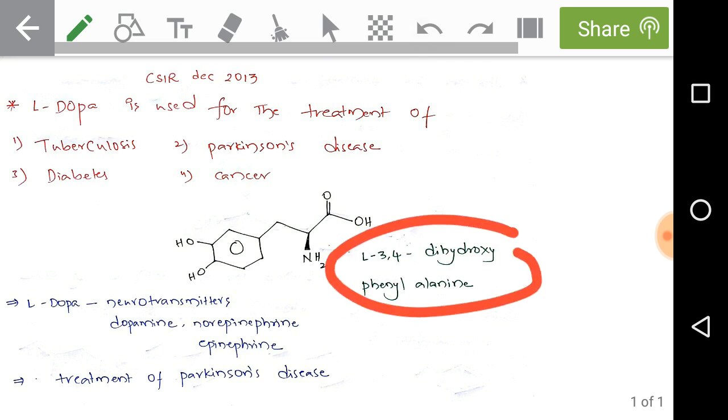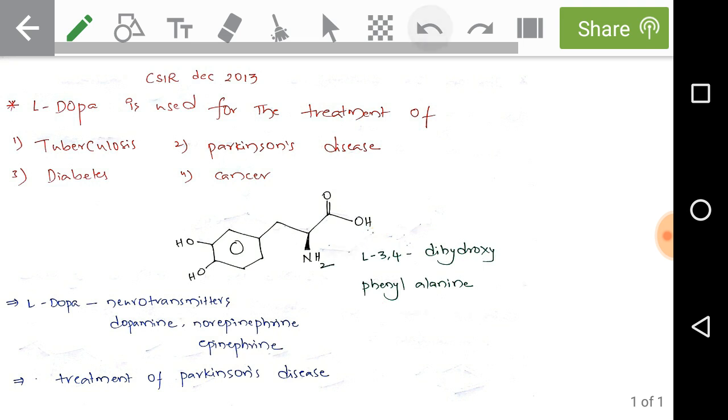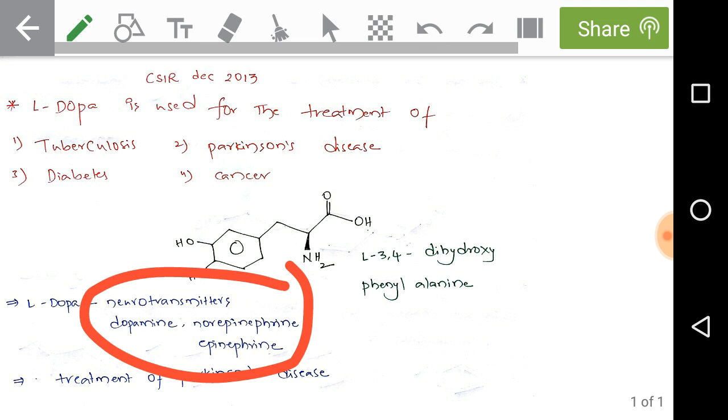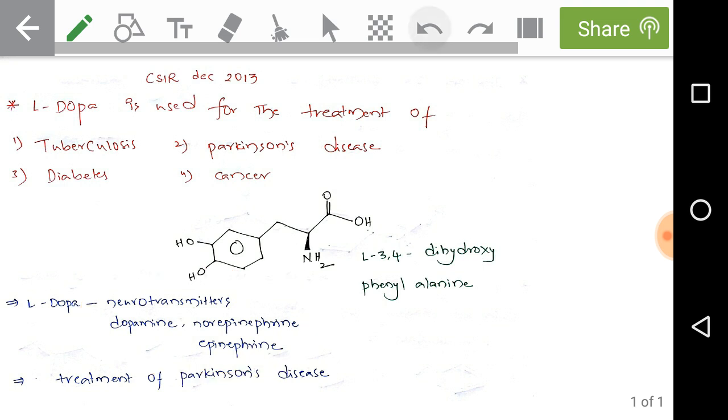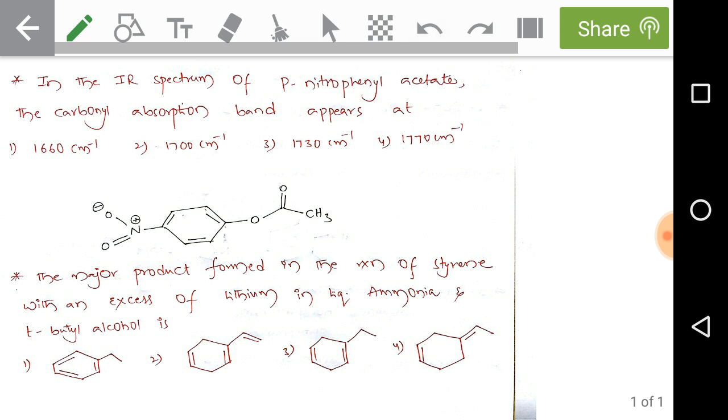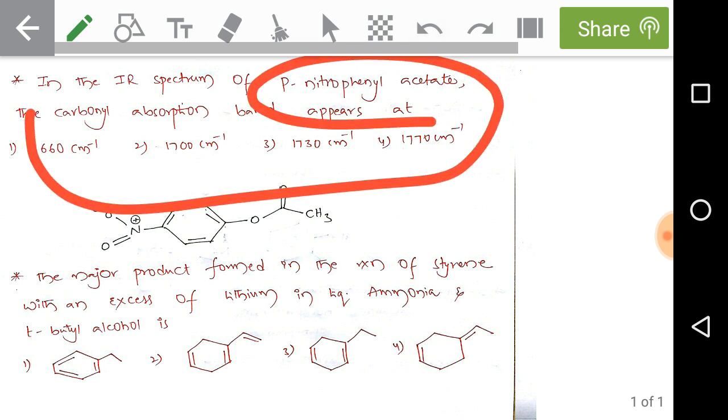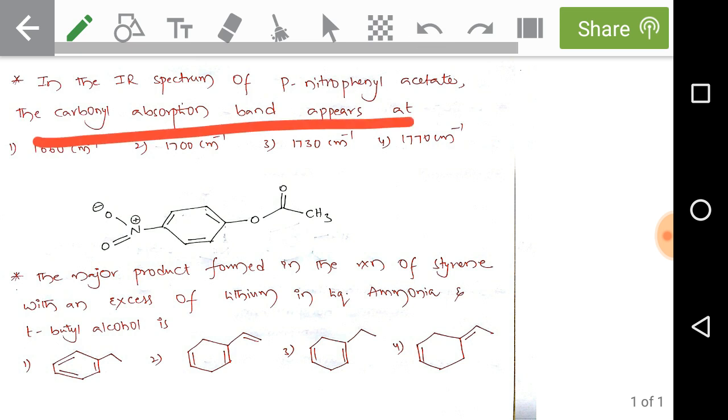the official name or IUPAC name is L-3,4-dihydroxyphenylalanine. Okay, L-dopa is used as a precursor in neurotransmitters like dopamine and norepinephrine, which is called noradrenaline, and epinephrine, which is called adrenaline. Okay, and here L-dopa is used in the treatment of Parkinson's disease. Okay, right. Next one, in the IR spectrum of para-nitrophenyl acetate, the carbonyl absorption band appears at, okay, just look